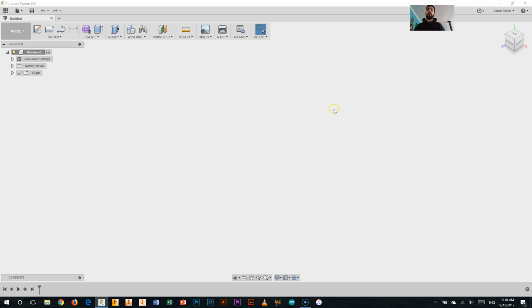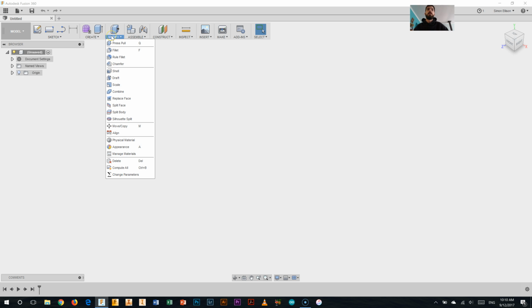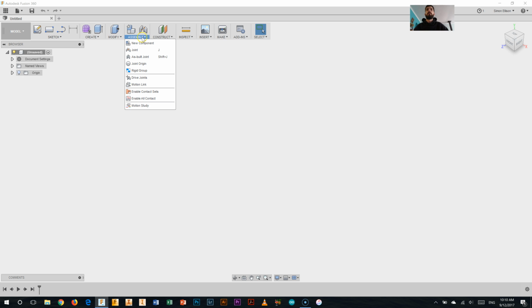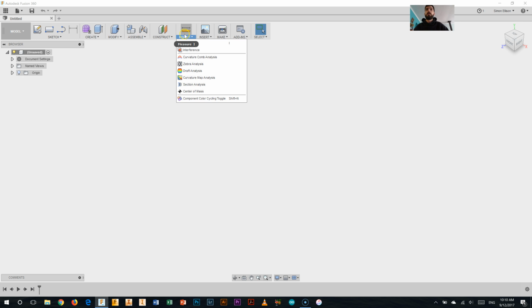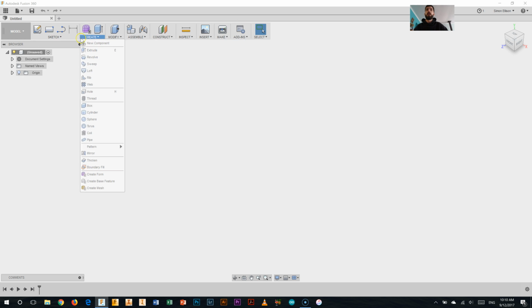First things I want to talk about are two different things. Firstly, up the top here we have the tool ribbon, okay? And the tool ribbon of Fusion 360 has all the different tools we might want to use for sketching, making things 3D, modifying things as we make them, assembling things if we've got multiple parts. We can measure things, we can make different planes. There's all sorts of stuff we can do here. And we're not going to go into very much of this, we're just having a little go with Fusion 360